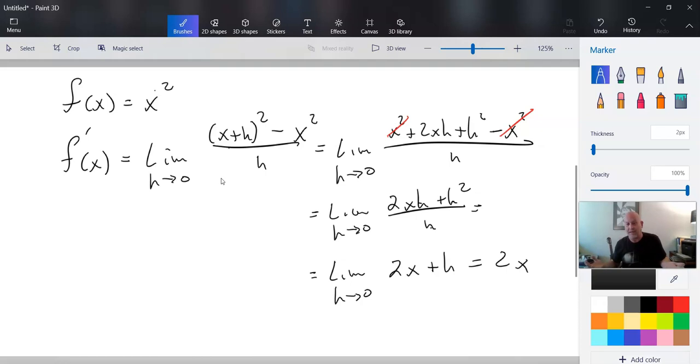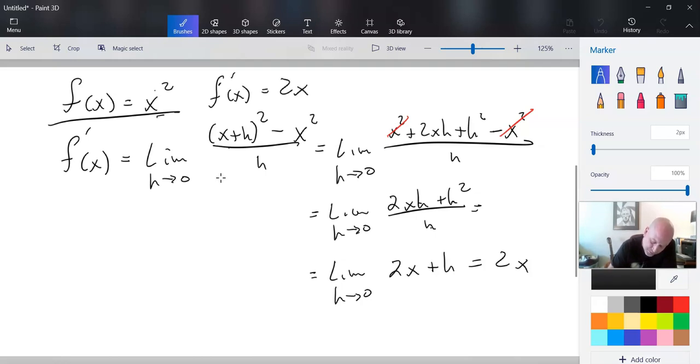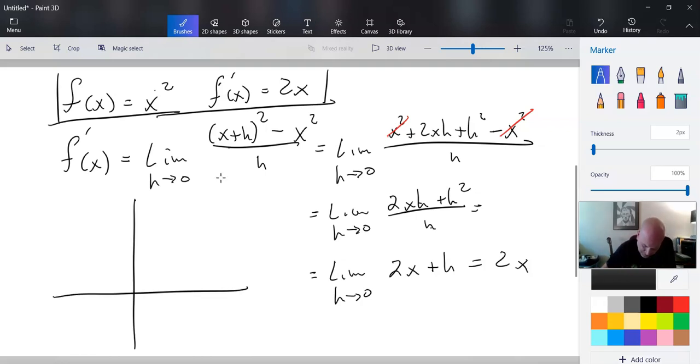Okay, so what does that mean? Right? I mean, great, we found 2x. What do we do with it? Well, this is what that tells us. Since this is our original function, and we just found out that f prime of x is 2x, right? These two pieces of information here. Well, when we actually graph a parabola,